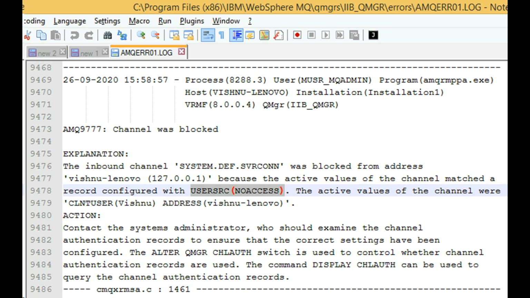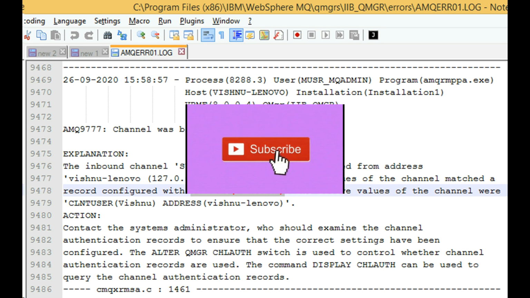Observe the error logged in this file. File path for Windows is shown on screen. We see that client user Vishnu from address Vishnu-Lenovo tried to access system.default.servercon and was blocked.